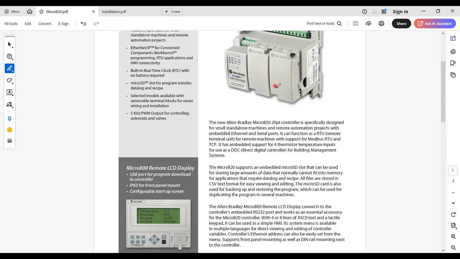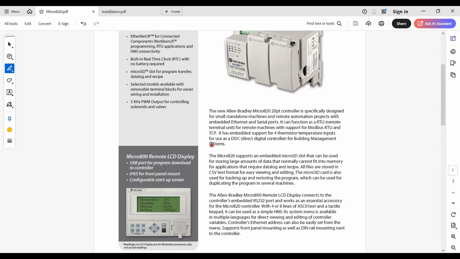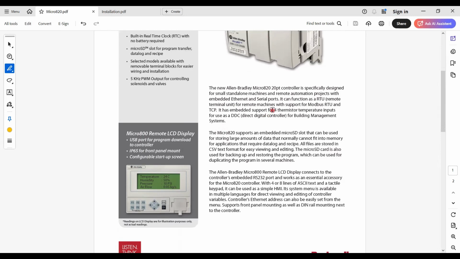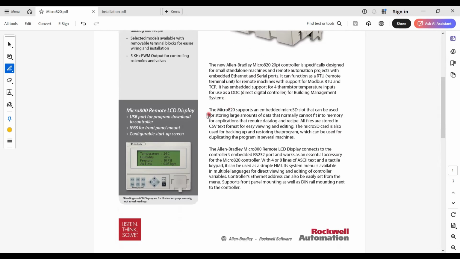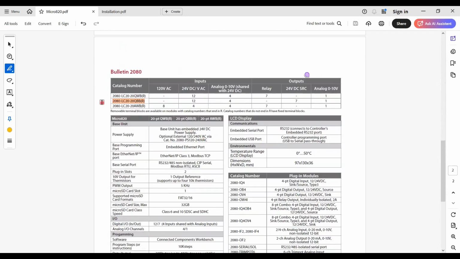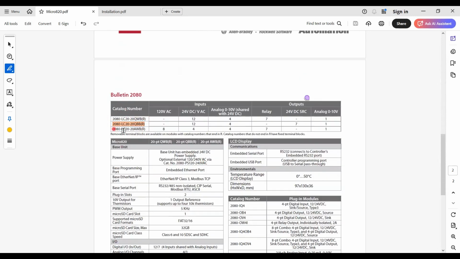So this PLC is designed for standalone machines and remote automation projects, and it can also be used as a remote terminal unit. It supports Modbus RTU and Modbus TCP. So it has many digital inputs and outputs. 4 thermistor temperature inputs can be used with this PLC. So the PLC type, you can see here, there are 3 types of PLCs in the Micro 820. But in our lab, this is the catalog number of the PLC that we are using,